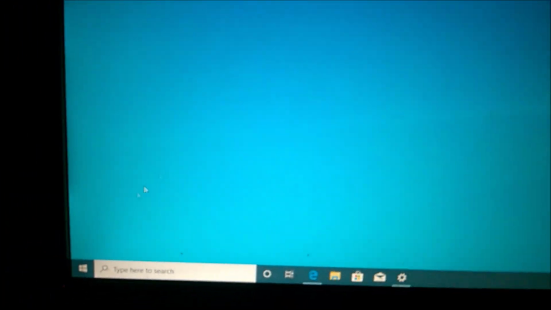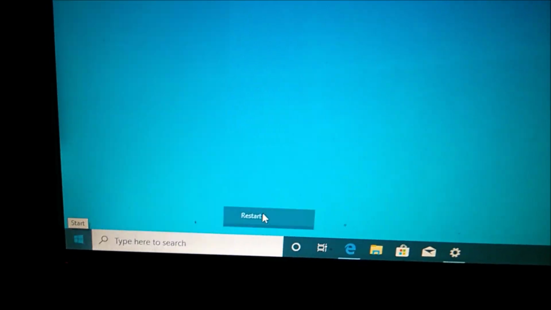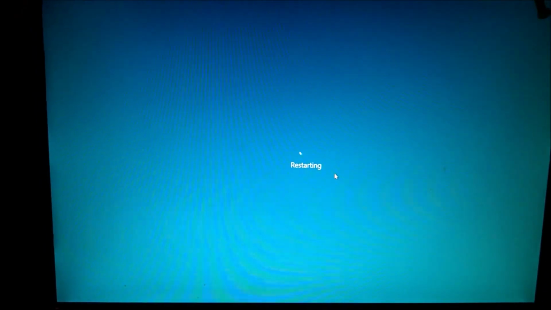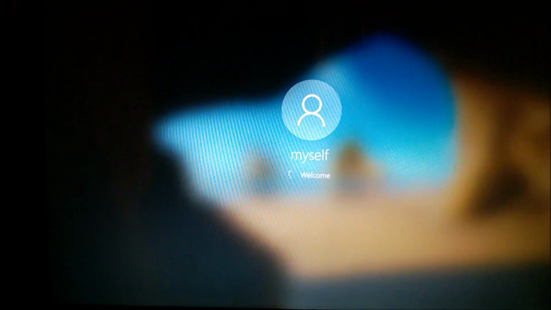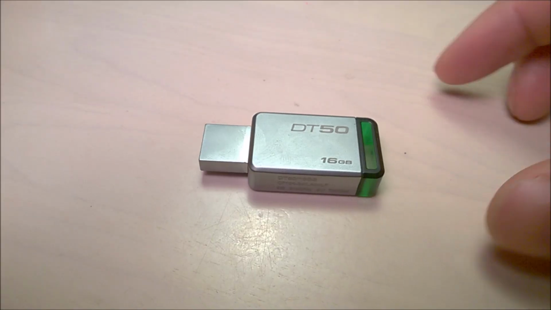And let's just try to reboot the thing. See what it does. It should start without any login screen, or just jump into Windows straight ahead. And this is it. No more login window.